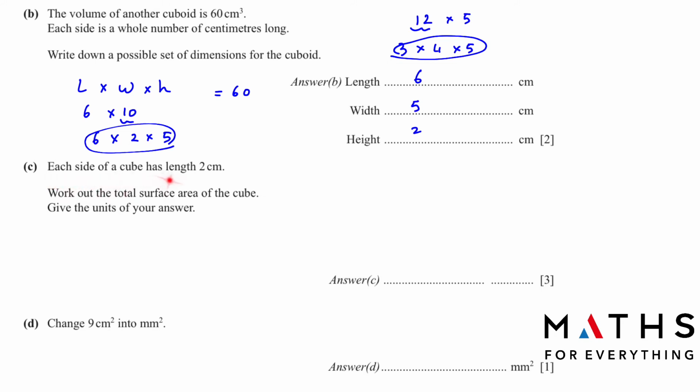Each side of a cube has length 2 centimeters. Work out the total surface area of the cube. Give the units of your answer. Surface area: to find the surface area of a cube, which has 6 sides and each is a square, one side is side multiplied by side, or side squared, and this we have to multiply by 6 because we have 6 squares. So 6 times 2 squared will give us,